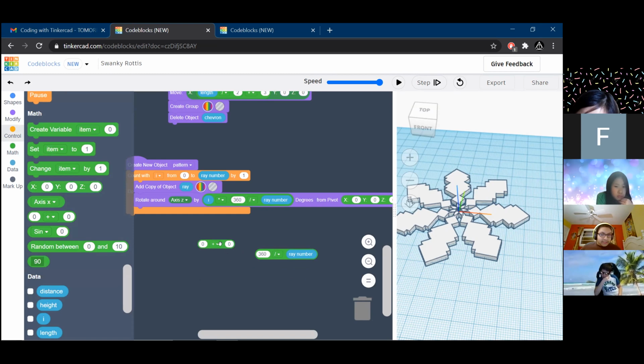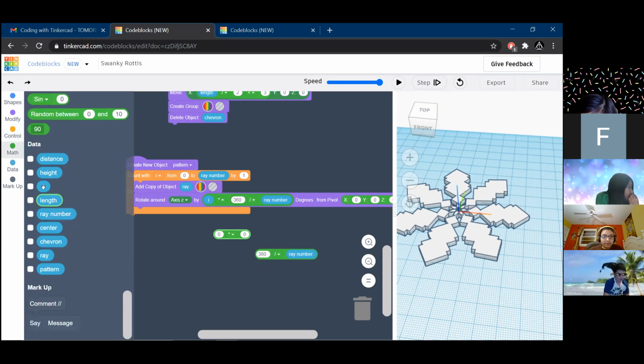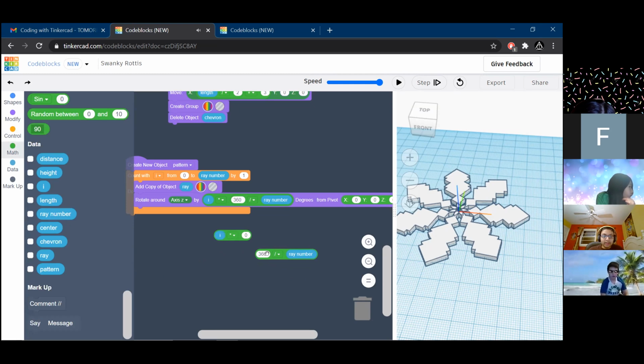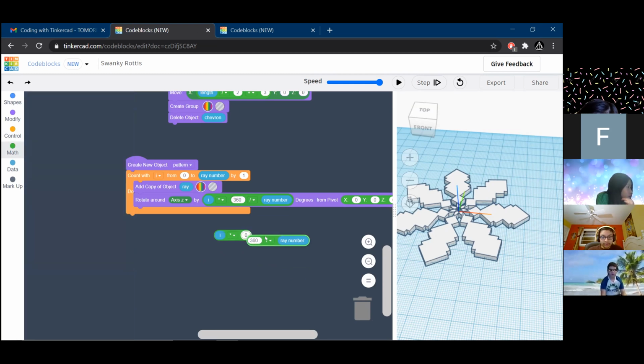And this one is going to be times. So there's a little star, like the asterisk. You're going to click that, and it's going to be times. In the first spot of this times, you're going to drag in the I. And in the second spot, you're going to drag in your big thing that you made earlier, the 360 divided by ray number.